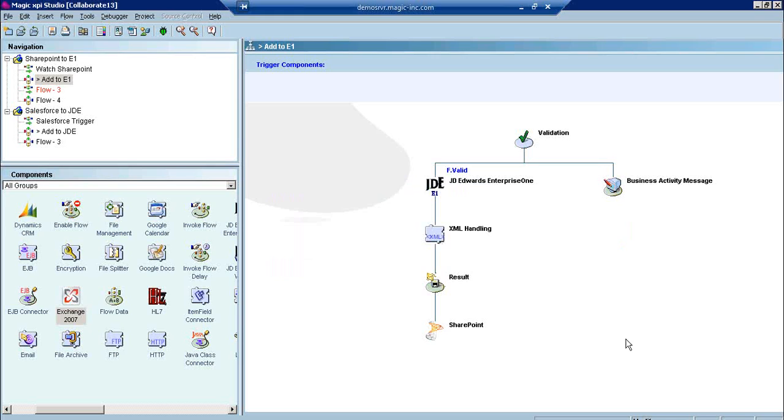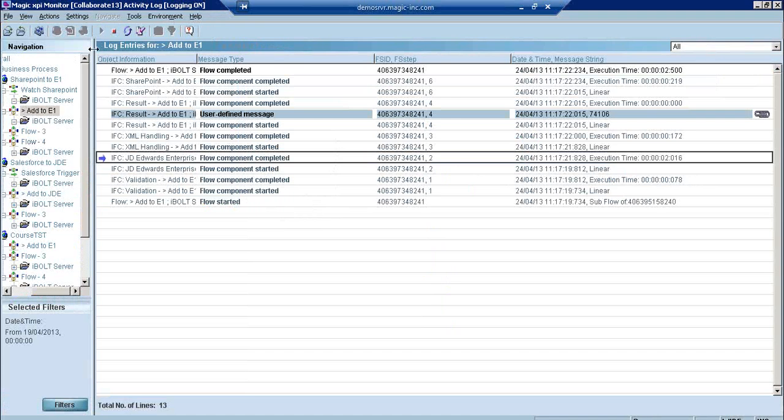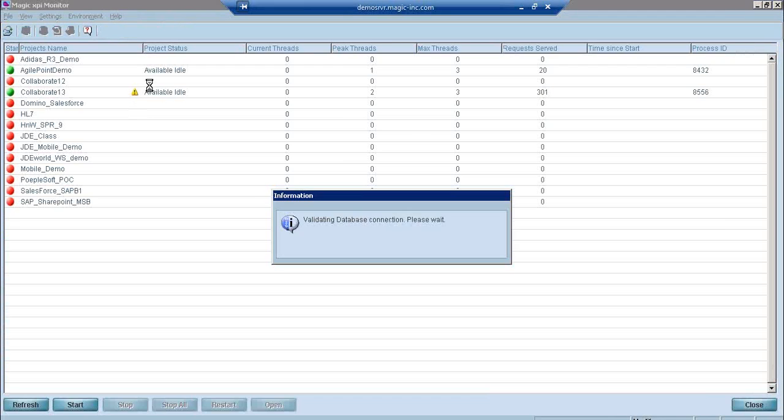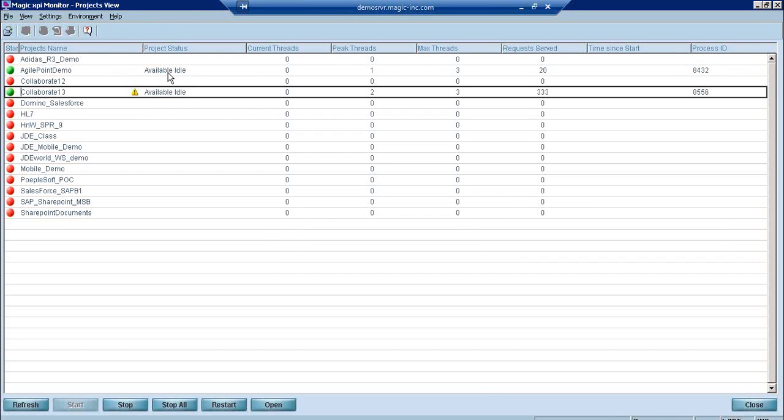What is the cost per user? It's not really relevant per user. The software is based on concurrent processes, the thread model. So in my monitor, I can see how many concurrent processes are running at one time, and it's licensed based on that. So if you need 4 or 8 or however many concurrent processes, it's based on how many transactions you would need to do per day. So it does scale very well.